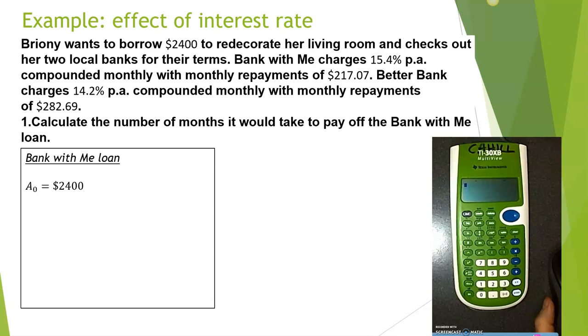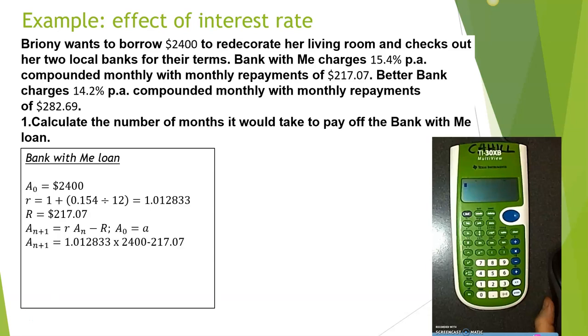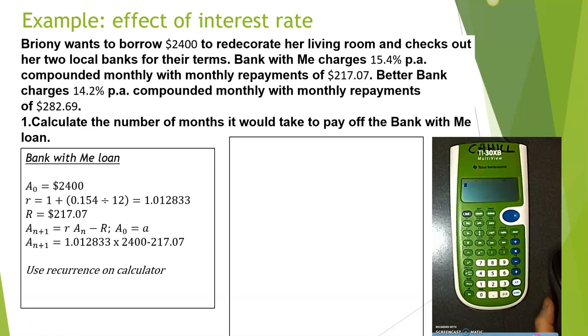So the starting amount was $2,400. The R is 1 plus 15.4 divided by 12, because it's compounded monthly. Our repayment's $217.07. So here's our recurrence relation. And we're going to put that into our calculator. So 2400 enter, times